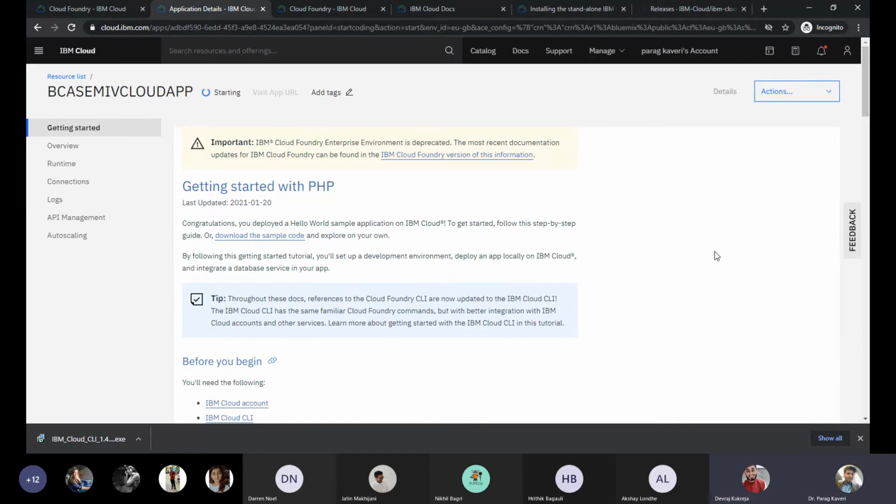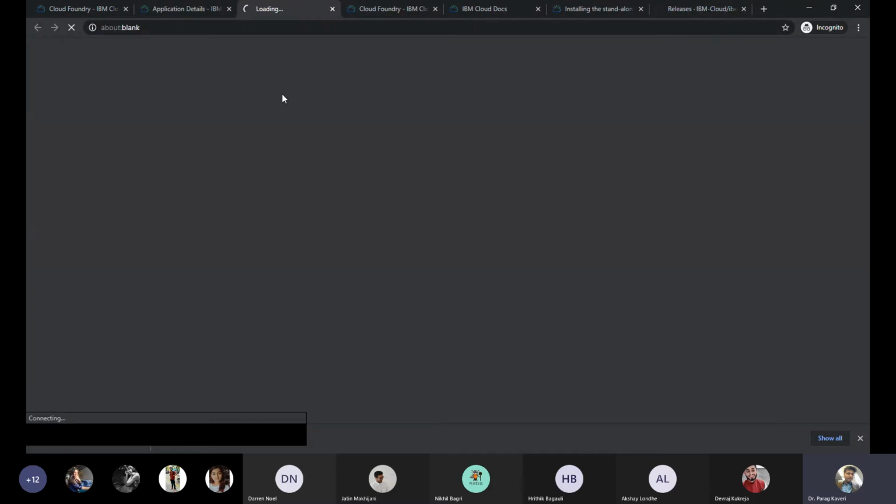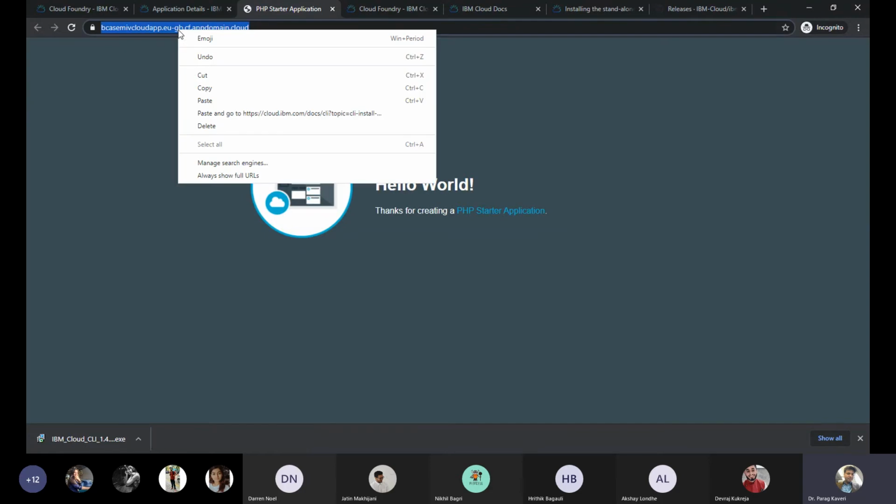No. See, my app has actually started. So I can click on view app URL to see if it is running. See, it is running.